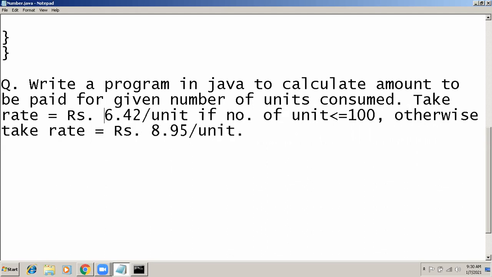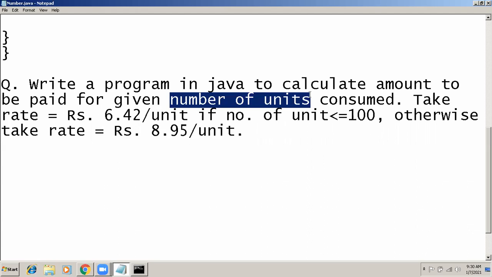Yes, sir. It is actually for electricity bill calculation. So in this program, you have to take the number of units as input. Okay, and rate will be 6.42 per unit if the number of units is less than or equal to 100.